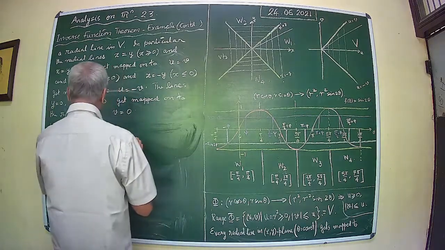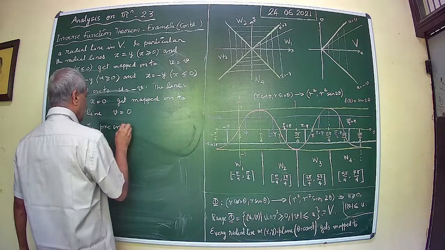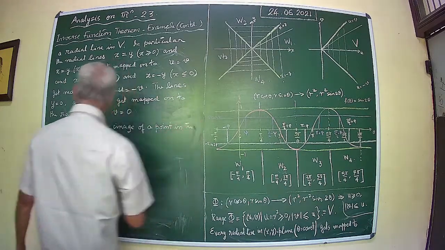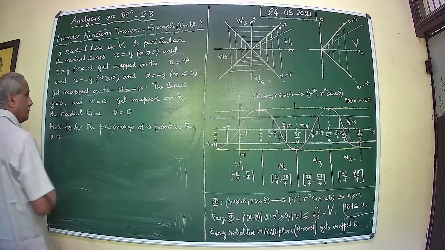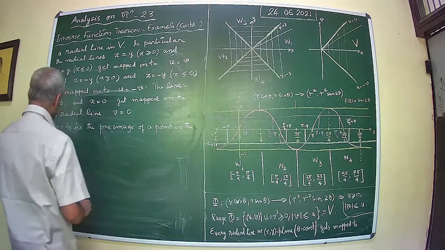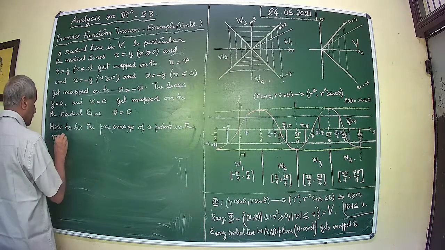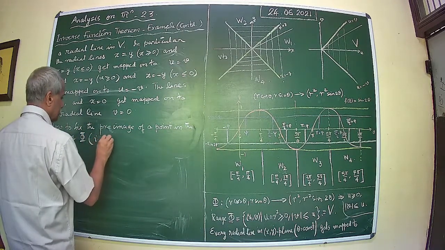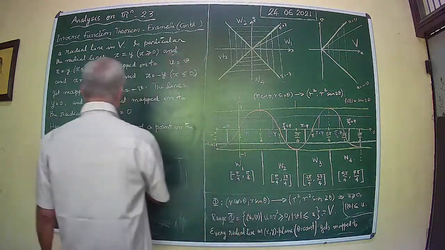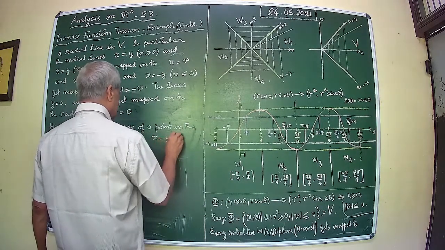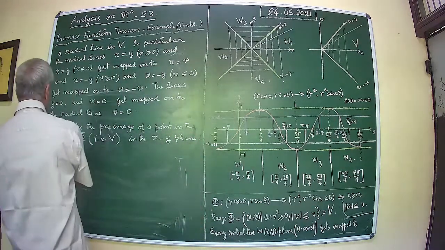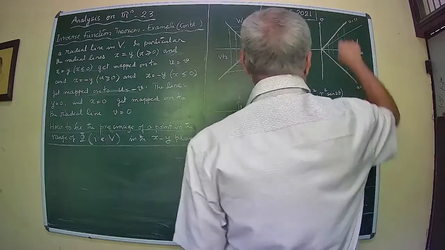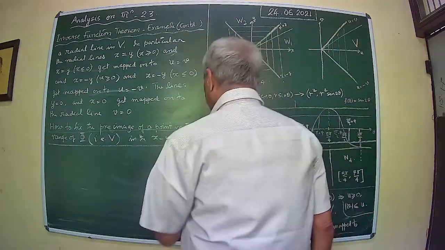The pre-image, I will put it this way. So here you can see, that means you want to find out the pre-image of a point in this plane, in the UV plane over here. See, for each point,